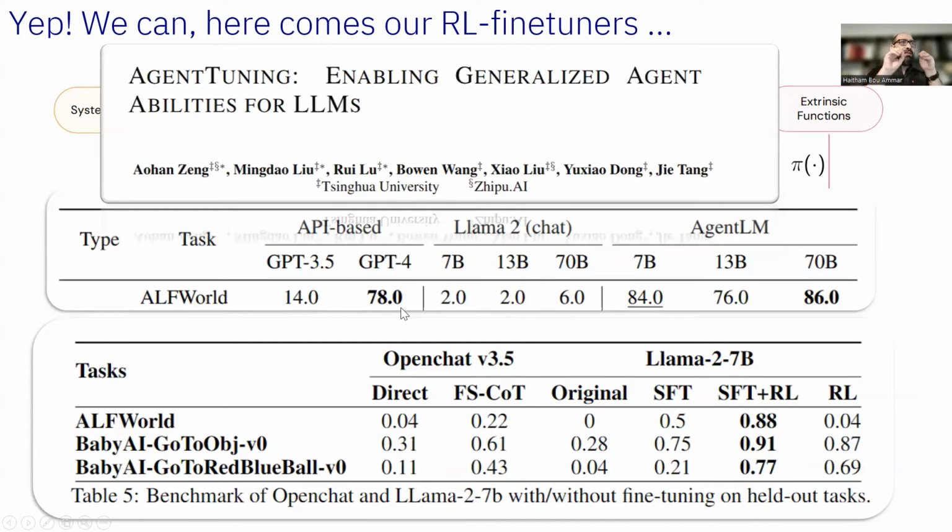Now, please note, I would take these results with a grain of salt. I don't think it's a one-to-one comparison between the two, to be honest, because maybe the setup is slightly different. For example, I don't think they fine-tuned GPT-4 here. So it's not to say that this method beats GPT-4. I just want to say that our numbers are in the right ballpark and sometimes even better than other numbers reported in the literature. So this idea of structured reasoning can enable RL fine-tuning to do really well in, for example, ALFWorld domains.